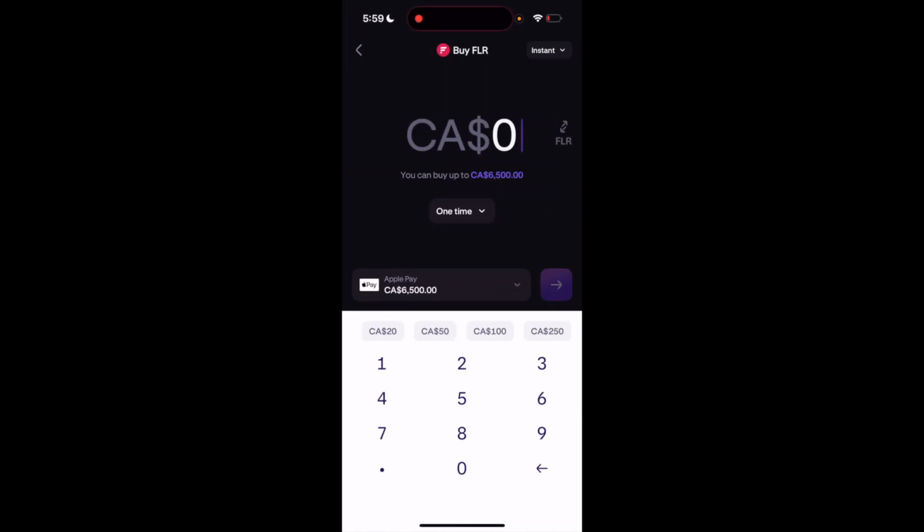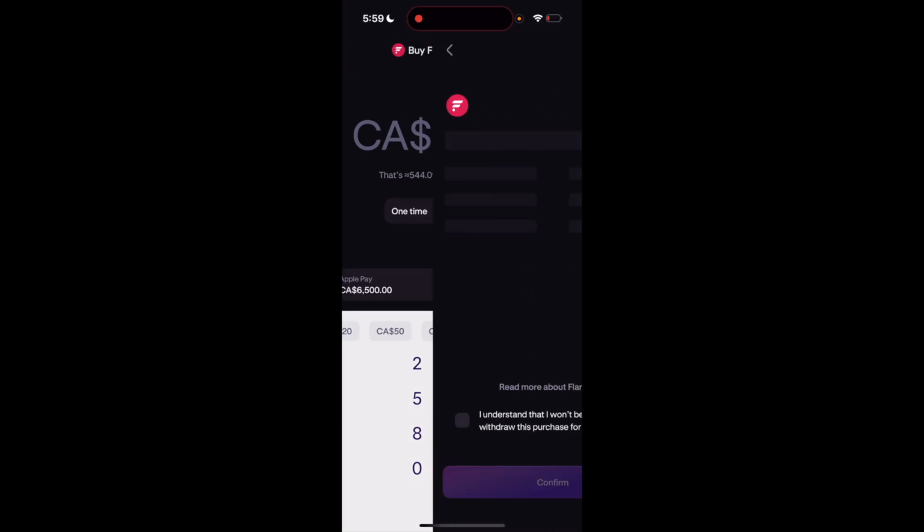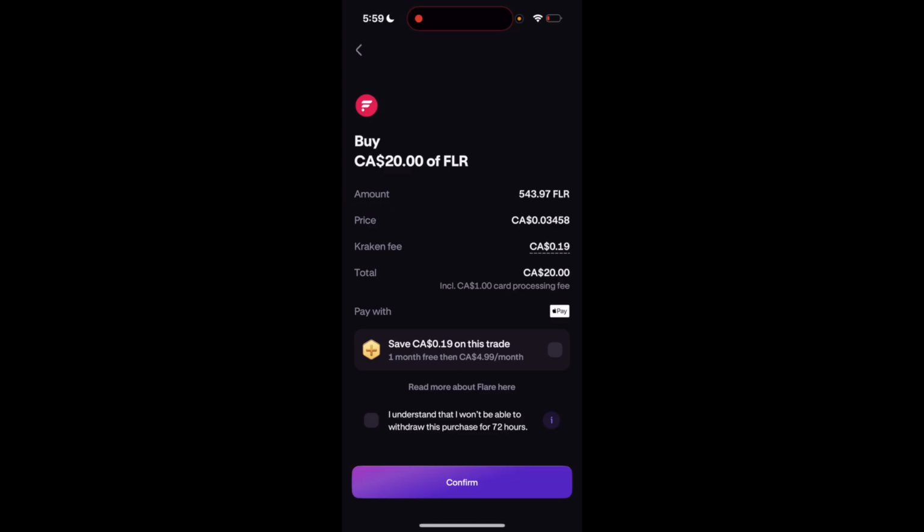On this page, type the amount of FLR you're looking to buy. So if I wanted to do $20 as an example, I'll type in 20, and then proceed by pressing on the purple arrow. On this page right here, you can confirm the amount, the price being paid, the fee, and